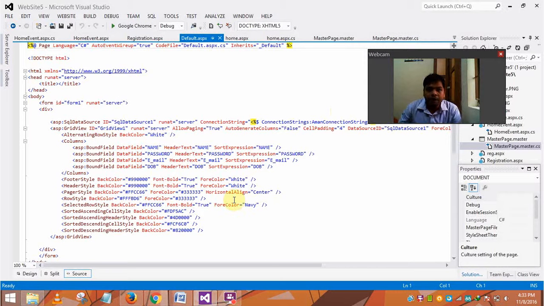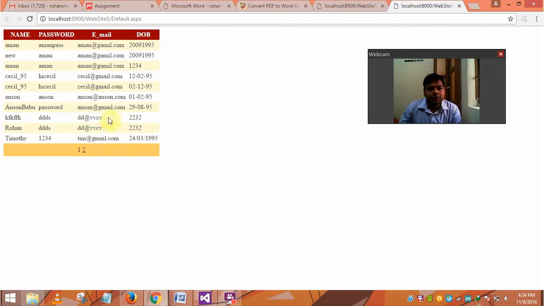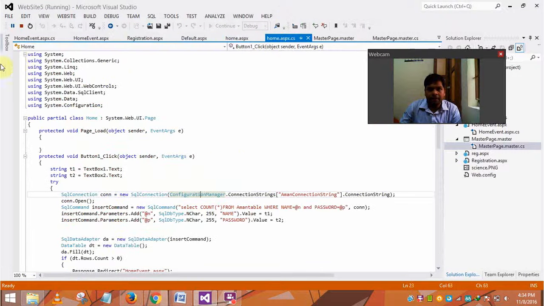So here it's the source code for that main page, and we have to run the program, and it will go to the browser at localhost, and it will open the default page. So this is the database I included, which will be used to convert the name, and the data I inserted. So we are going back to the program, and